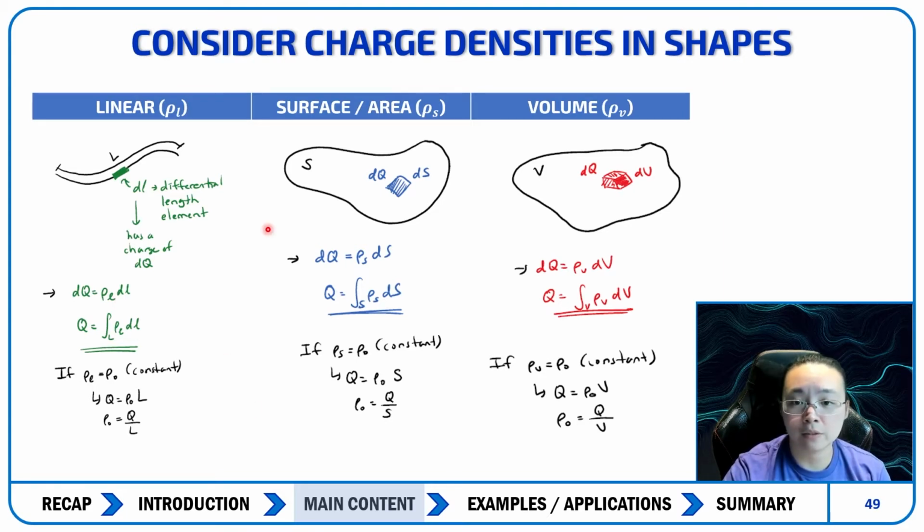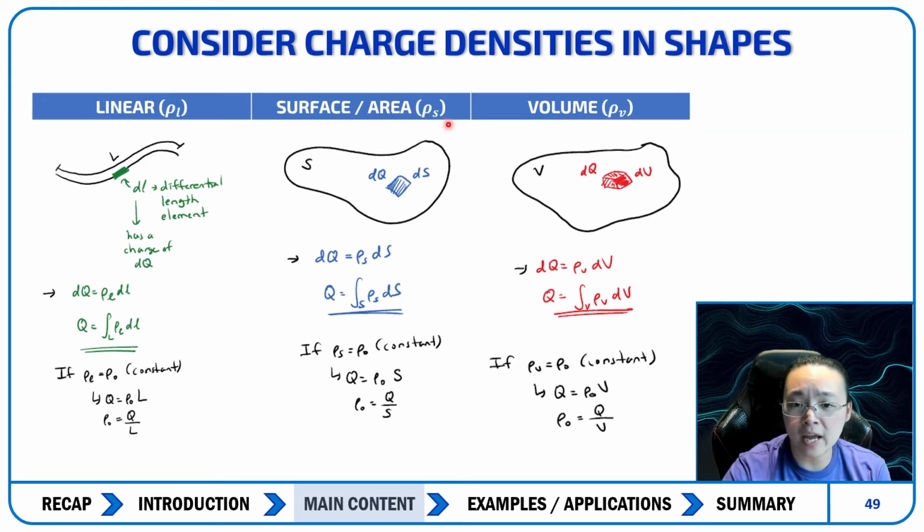Next, you also have surface area. And so surface area requires dS. So remember our conversations from before. If we take a look at dS, it is going to be a patch on that surface. It's an area element. So now you need essentially two differential elements, either dx and dy or something like that. But in our case, we're just looking at this in a very simplistic view. If we want to figure out dq and then figure out the total charge q, then we take a look here and we see that a surface